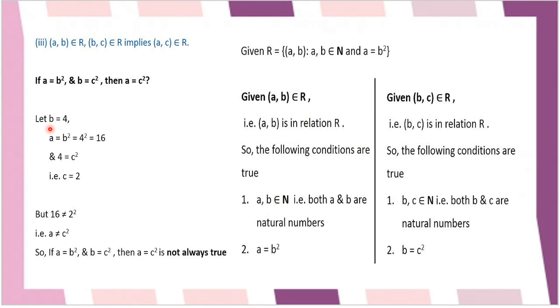If we take one more time, listen, if we take b is equal to 4, so what a will be? a will be 16, right? And b is 4, and this is equal to c square also, because what is c? c is 2. So yes, it is verified: a is equal to b square, b is equal to c square. But then let's check for a is equal to c square. 16 is not equal to 2 square, because what is c? We have calculated 2. So 2 square is 4, and what was a? a was 16. So this is not true. So it means this statement is also false.